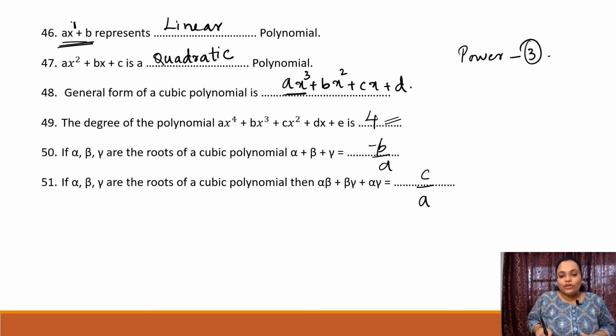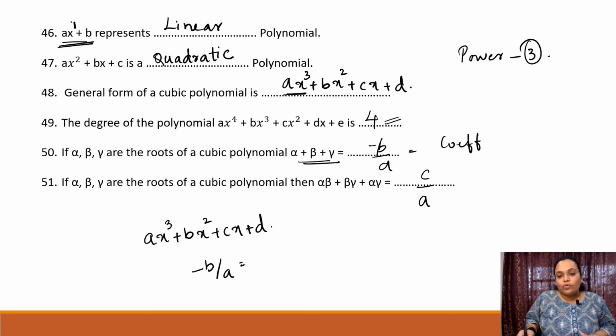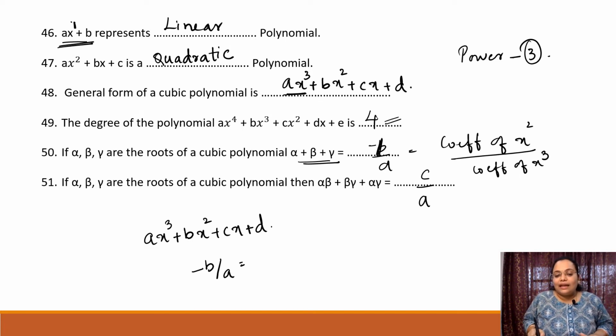So if you take a cubic polynomial, that is ax cube plus bx square plus cx plus d, the sum of the roots will be minus b upon a, which is the coefficient of x square by the coefficient of x cube, which is minus b by a, and alpha beta plus beta gamma plus alpha gamma will be c by a, which is your coefficient of x by